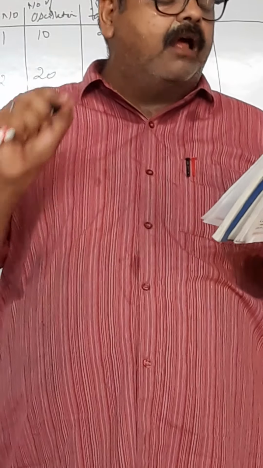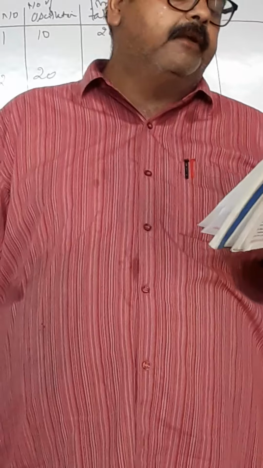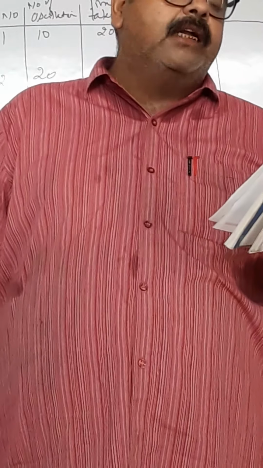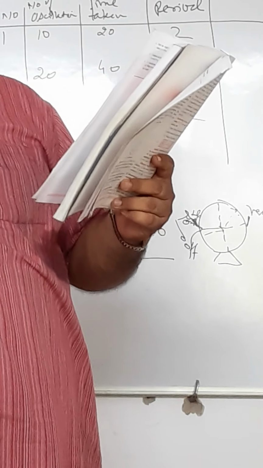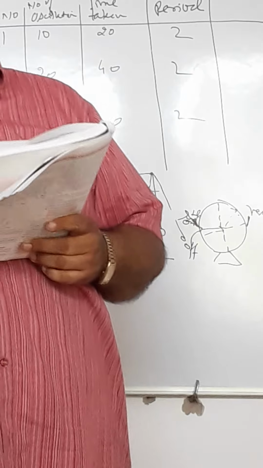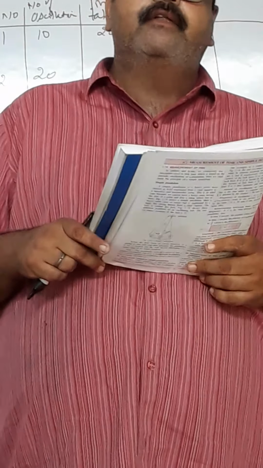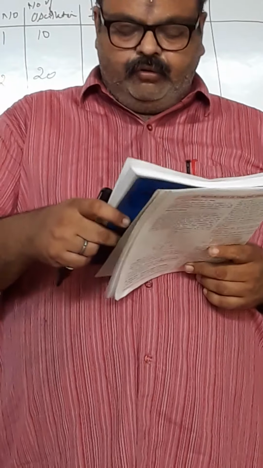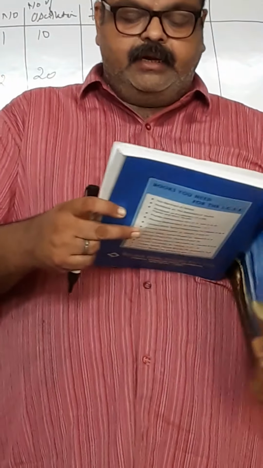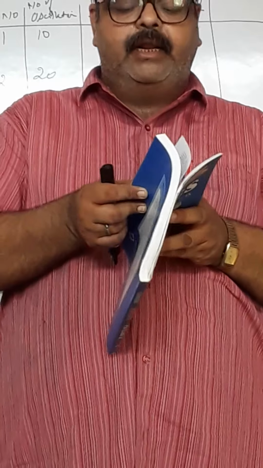This will calculate the graph, then we will plot it in the laboratory. Fifth point, factors affecting the time period of a simple pendulum. Time period of oscillation is directly proportional to the square root of effective length. It depends on effective length. As effective length increases, the time period also increases.